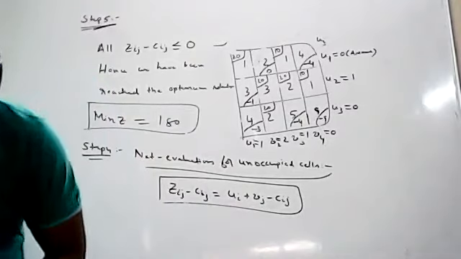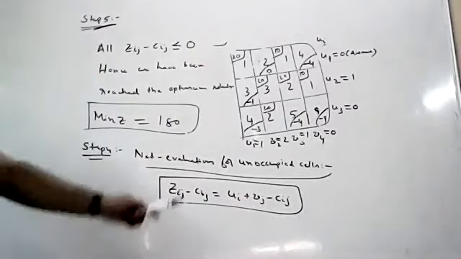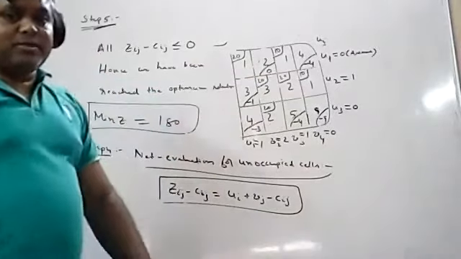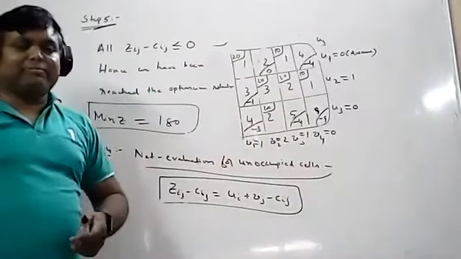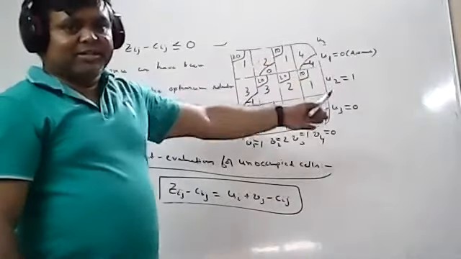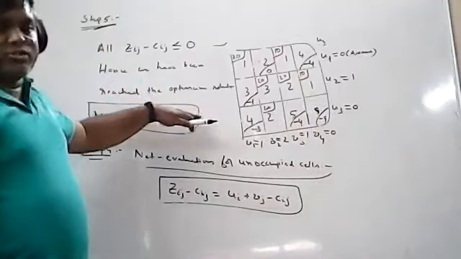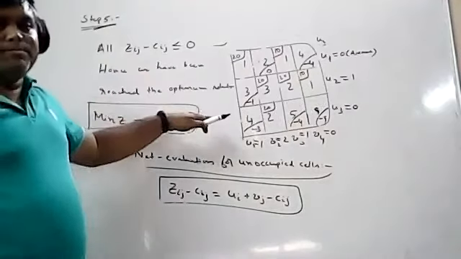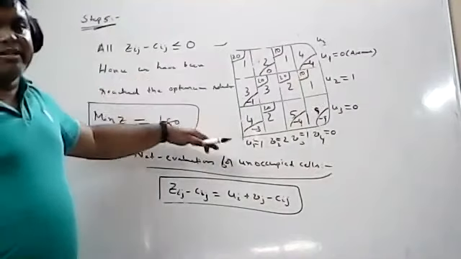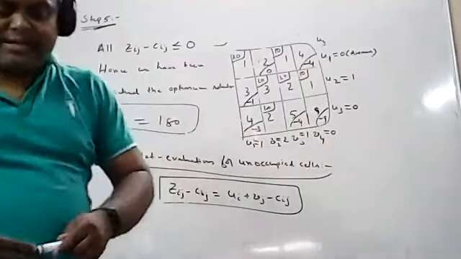So in the next class we will discuss. Sometimes you may get positive values here. Then how to do those problems? You can continue with step number 6, 7, and 8. That means a loop exists, so we will use the loop definition there. So in the previous 2 problems, this one and the previous class problem, up to step number 5, the problem is finished. So that means the VAM method answer is your final answer. Is it clear, everybody?